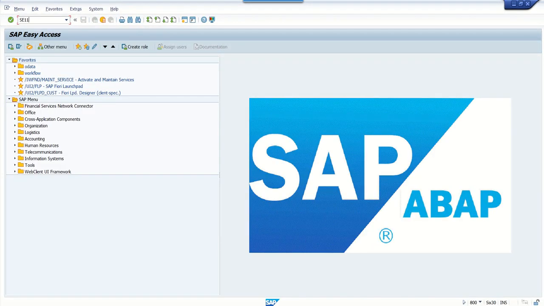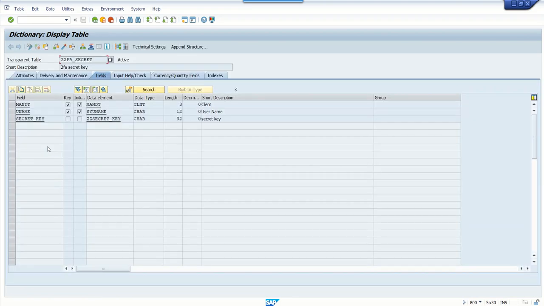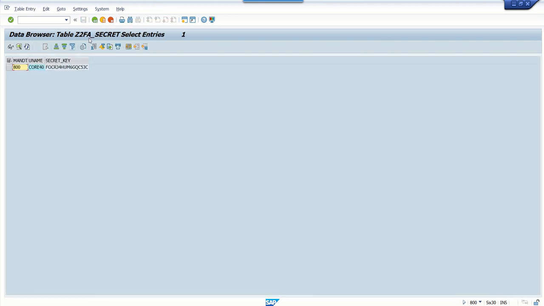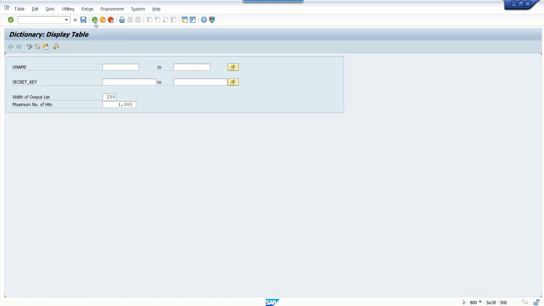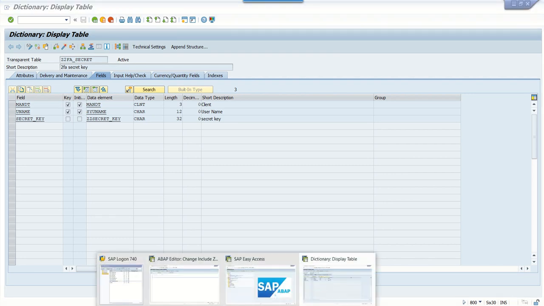So the very first point, as to what the requirement is: we don't want to implement this logic for all the users. Our requirement is the system should validate 2FA only for the users which are maintained in this table. For the login user, if any record is there in this table, then only the system should go for the 2FA, because we are not going to implement it for all the users. It is up to you based on your projects, but as of now I am taking a user from this